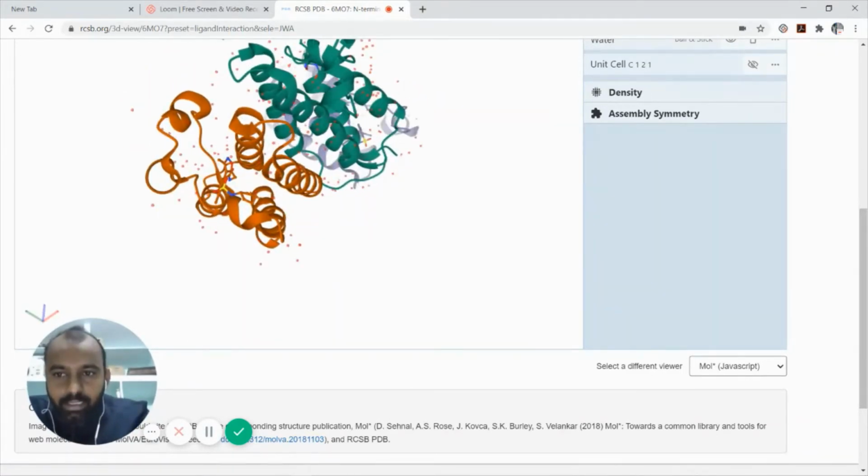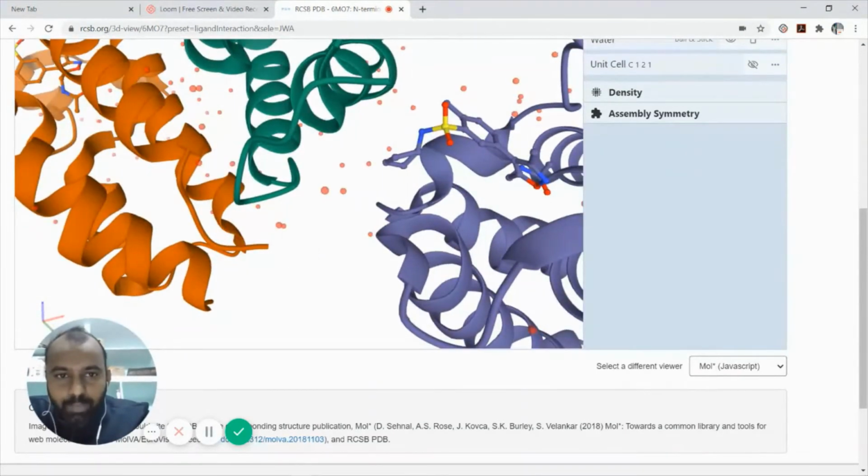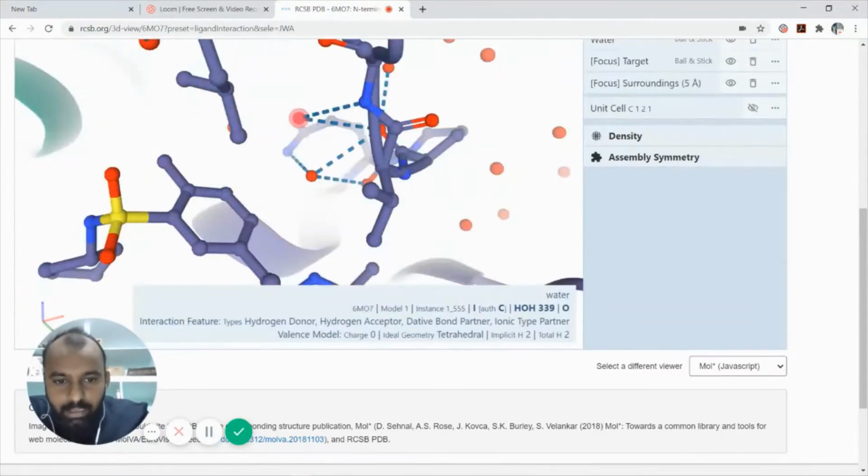Let us take this part. Simply I'm clicking this. Once I click this, you can see the water molecule which I have selected is 339. That means I have to retain that water molecule which is near to the binding pocket, that is the ligand, whether it may be a promoter or it may be an inhibitor. This is the fundamental aspect of active site directed docking.